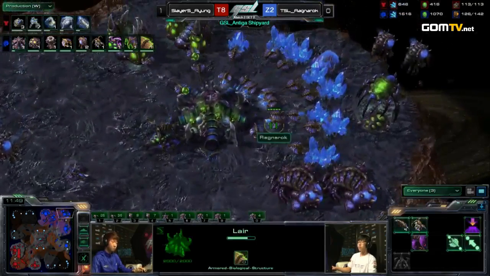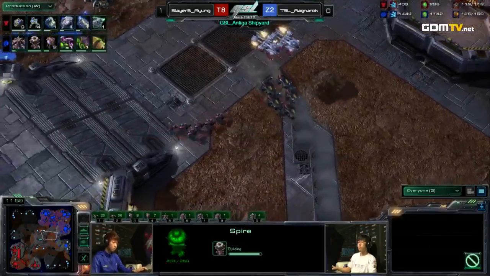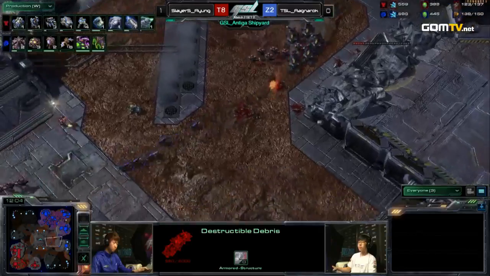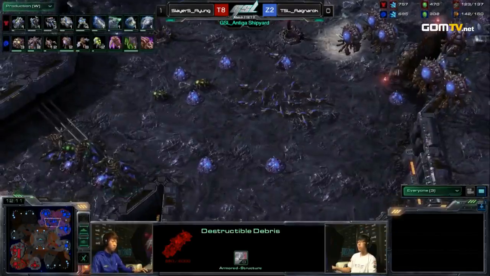And right now we see Overlord speed, of course, Baneling speed. The upgrades, as you mentioned, though, are so important. And Ryung, if he gets a lead on 3-3, for example, this could be terrible. Oh, Ragnarok not realizing his Lings are actually getting caught here. Not, I mean, a game ending to lose these Lings, but it's annoying